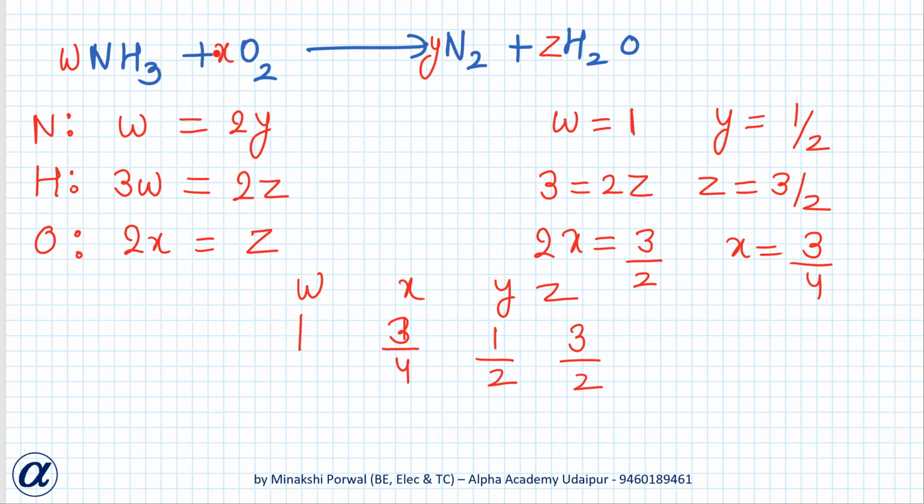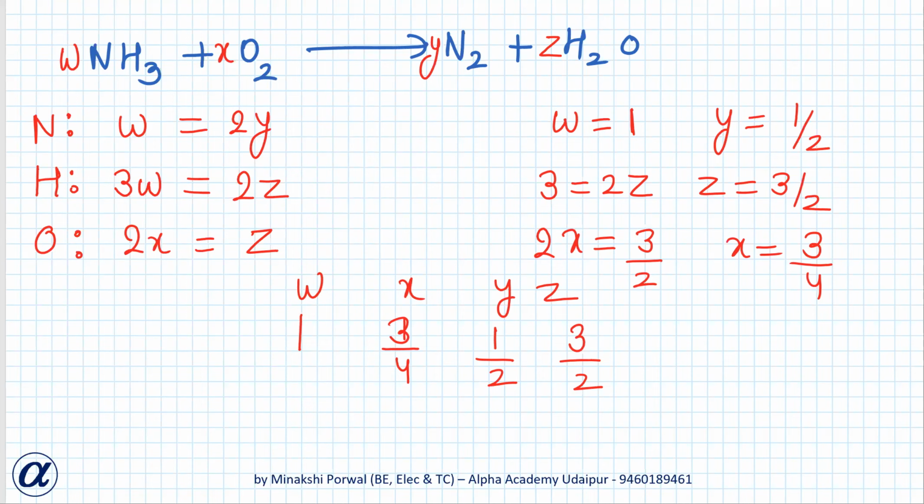For oxygen, 2x equals Z. Now choosing any value of any of these variables and just assuming any one value, we have chosen W and will put W as 1. If W is 1